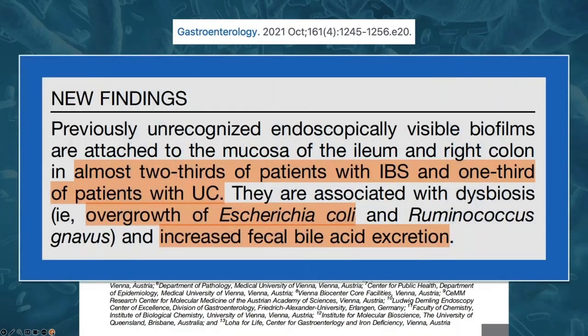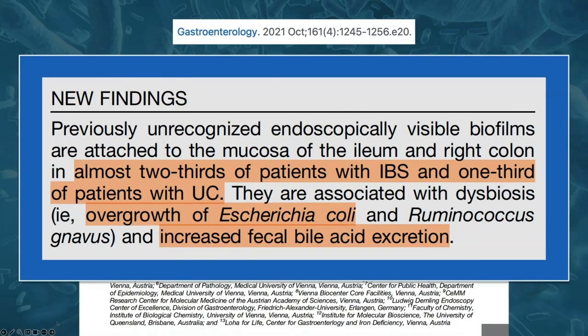It was published recently. In this study, they found that almost 2/3 of patients with IBS and up to 1/3 of patients with ulcerative colitis had these endoscopically visible biofilms. So when they analyzed the biofilms, they found an increase in E. coli, which is Escherichia, and also an increase in primary bile acids and overall fecal bile acid excretion. So it may be that these biofilms and this overgrowth are related to potentially causing or somehow involved in this